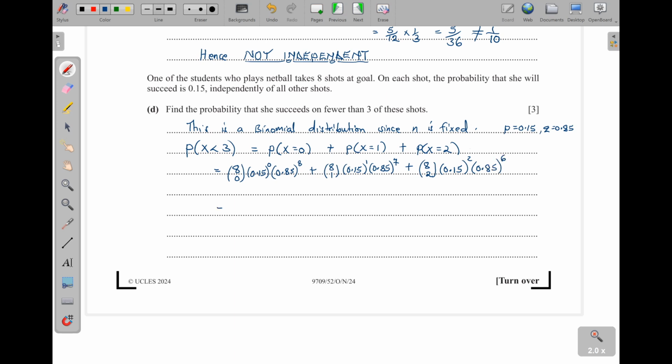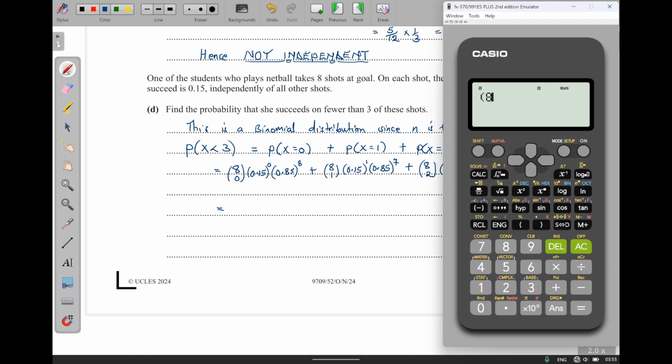So I'm going to put all of this in the calculator at once, and then we get the answer. 8 combination 0, actually that one is 1. Then 0.15 power 0 is also 1, so I'll have 0.85, and then power 8, then plus 8 combination 1 is 8 times 0.15, then times 0.85 power 7, then plus 8 combination 2,